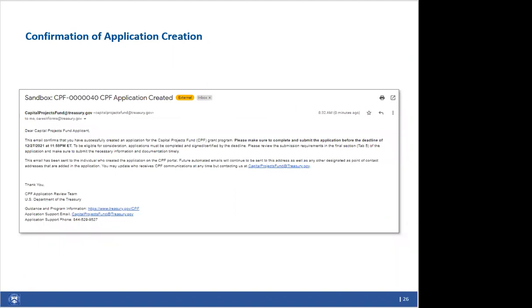And you're going to get a lot of emails from us. This is just one example. We're not going to show you all the emails. As you move through the process, we'll keep emailing you every time there's a status update. The links and contact information will be the same in all of them. And as a reminder, you should feel free to email us or call us anytime you have an issue with your application.